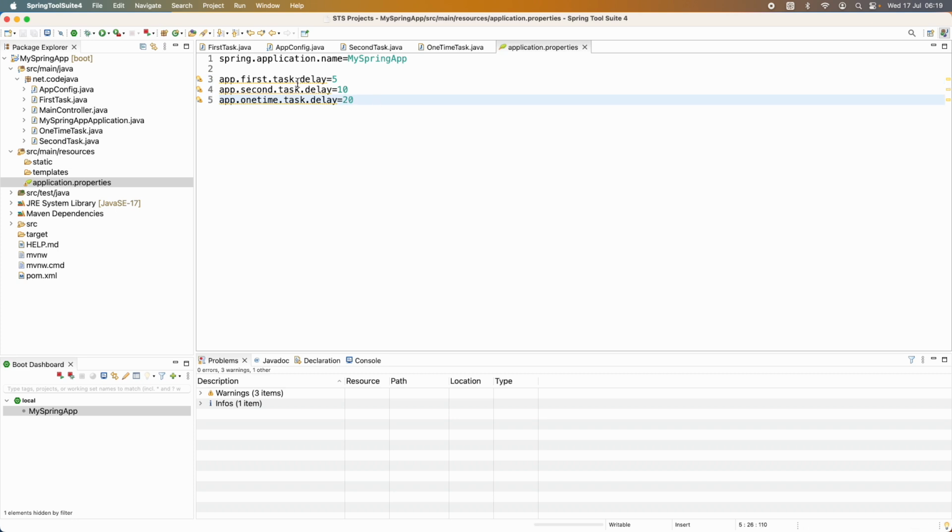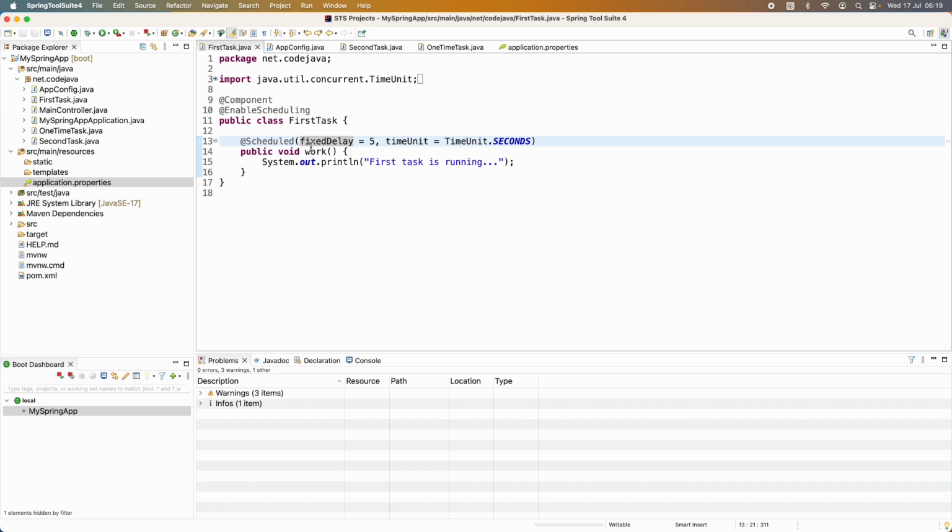Okay, and then in the code we use the attribute fixedDelayString and then specify the placeholder for the attribute like this,